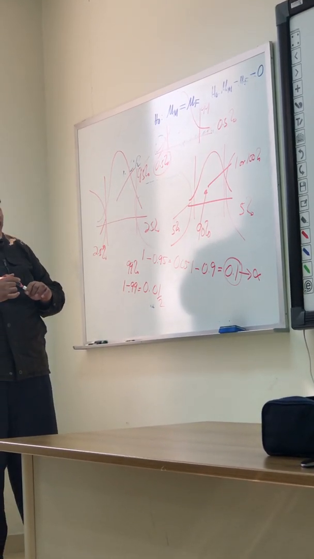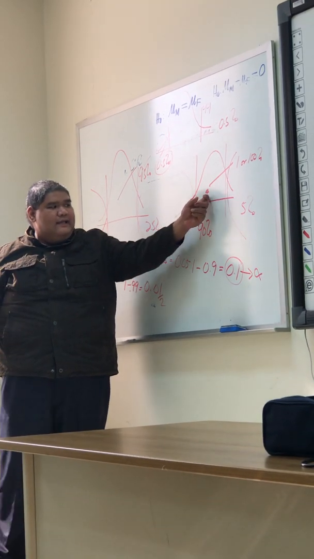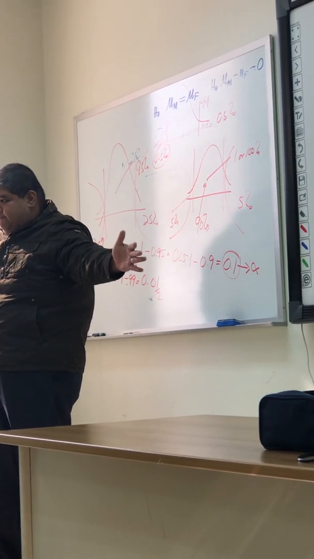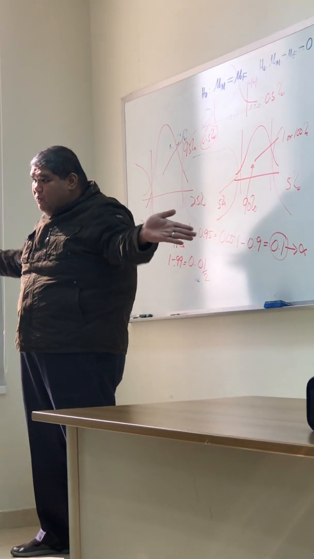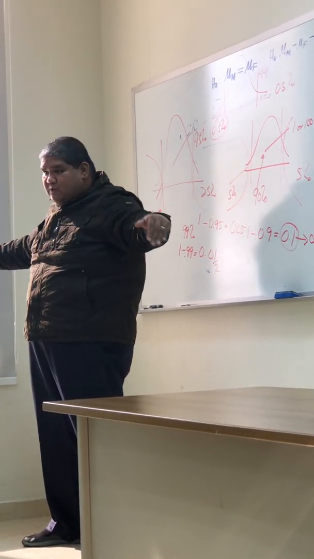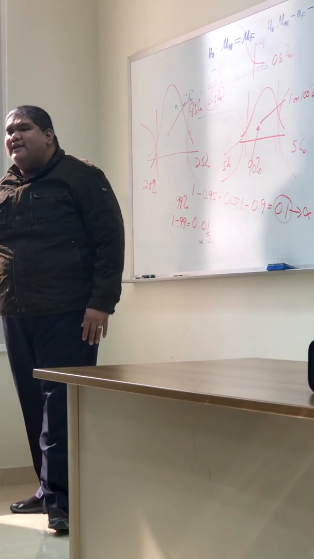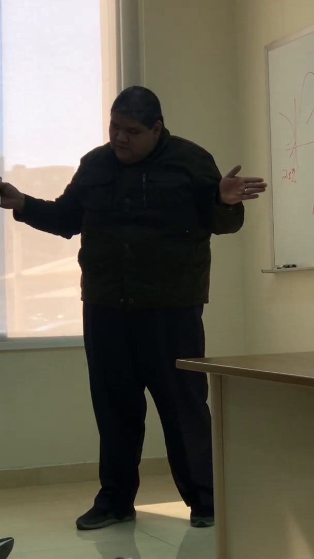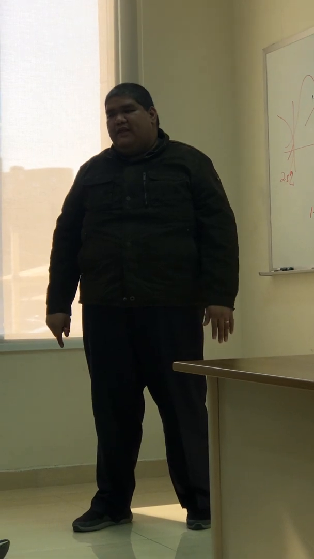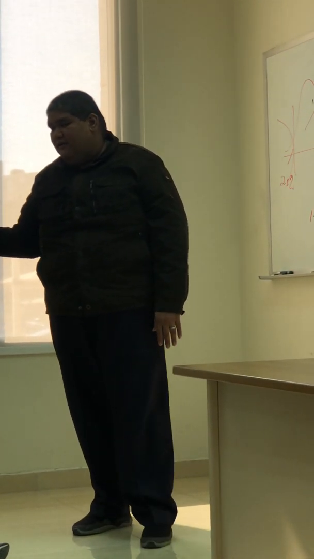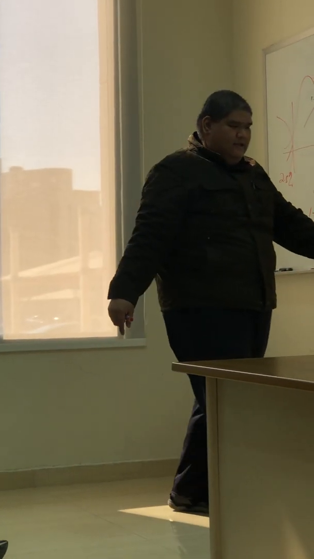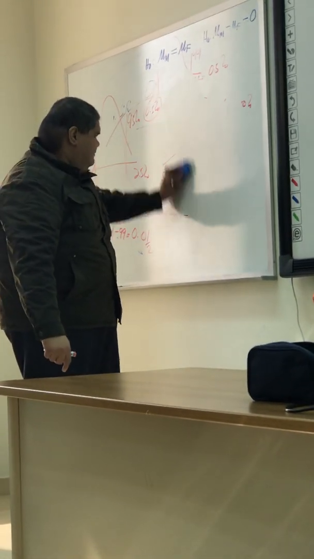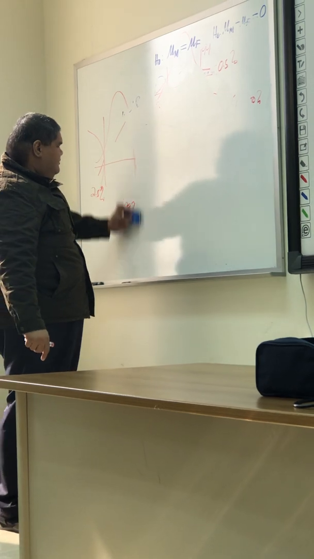Okay. Now what do you notice? As the level of confidence increases, what happens to the area under the normal curve? It becomes wider, isn't it? It becomes wider. And so as the level of confidence increases, the confidence interval estimate also becomes wider. But if the level of confidence increases, what will happen to the precision?